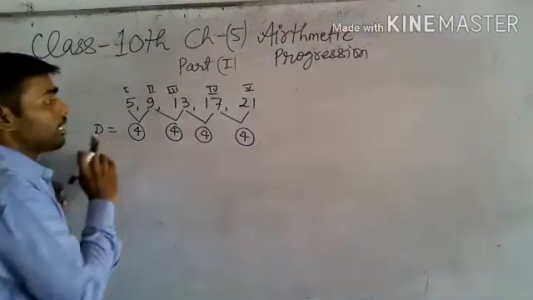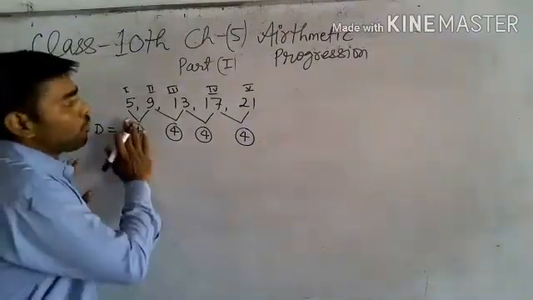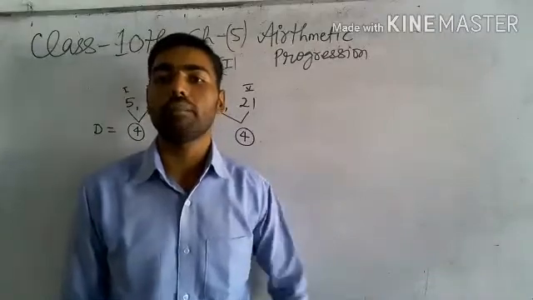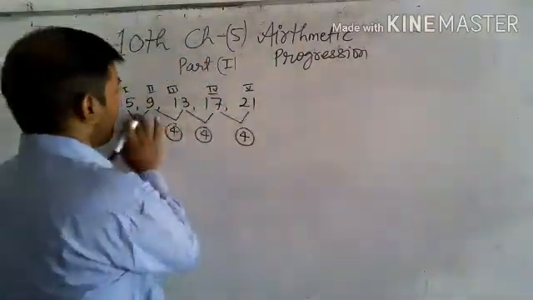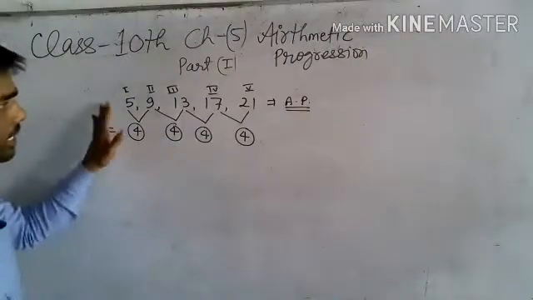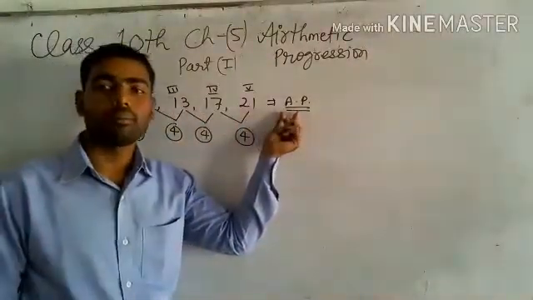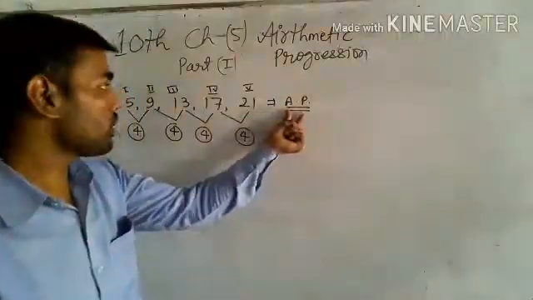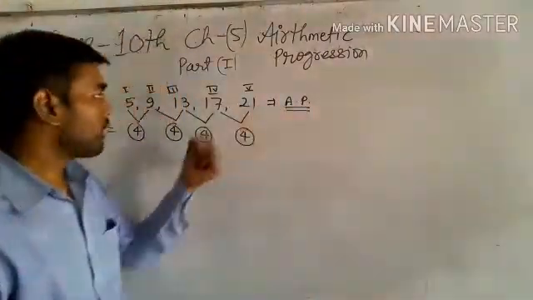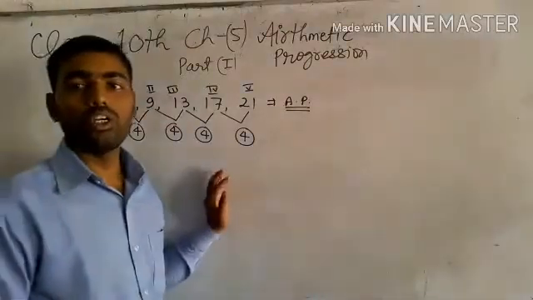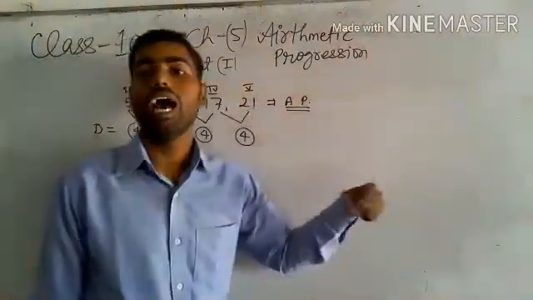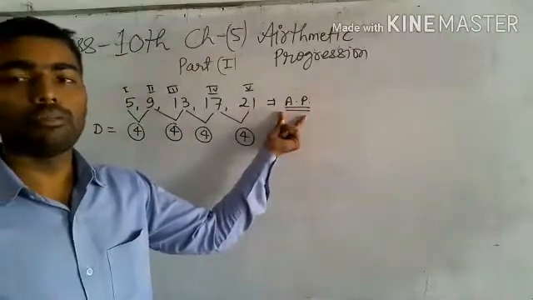The difference, it means if any series is shown to you of this type, and after its first term and its consecutive numbers the difference comes out the same, then this series is called an arithmetic progression. This series is called an arithmetic progression, and 5 is the first term of this arithmetic progression, and the difference of this arithmetic progression is equal to 4, and 21 is the fifth term or last term of this given arithmetic progression.